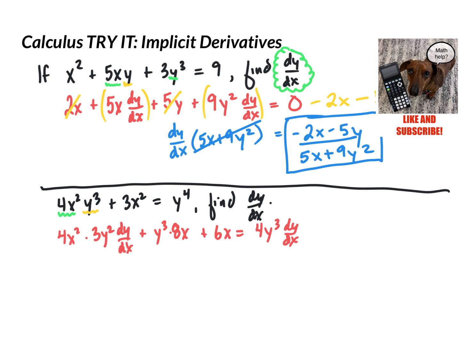Now I want all of my dy dx stuff on one side and my non-dy dx stuff on the other. Because one thing is already over here on the right side with the dy dx, I'm going to choose to move this over to the other side. And I'm going to clean it up a little bit at the same time, because 4x squared times 3y squared is equal to 12x squared y squared dy dx. So I'm going to subtract that off. So I am left with 8x